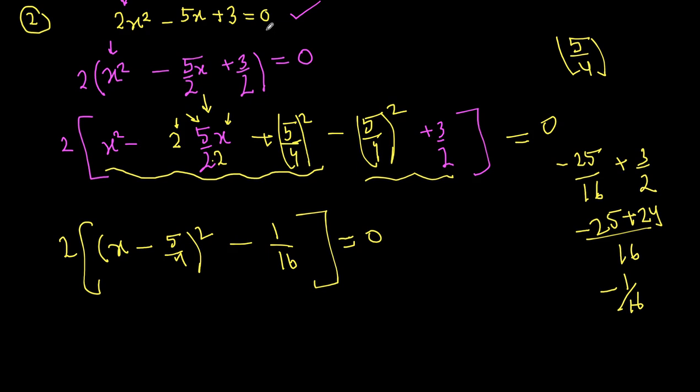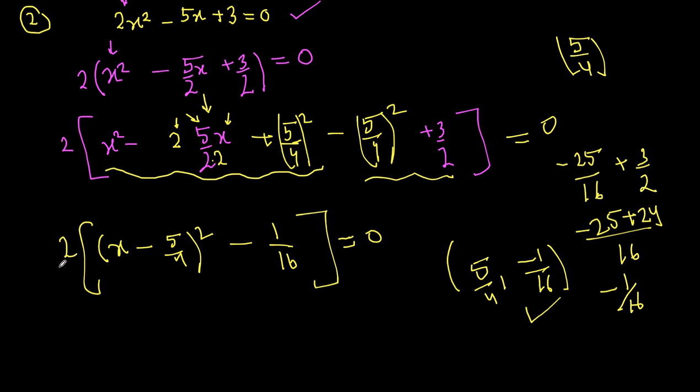So now how can we solve it? Okay, so first we know that your point of minima will be 5 over 4 comma minus 1 over 16. We will do this in the next slides where I have the graph, so I will prove that this is the point of minima, but here we need to solve it. So for solving it,